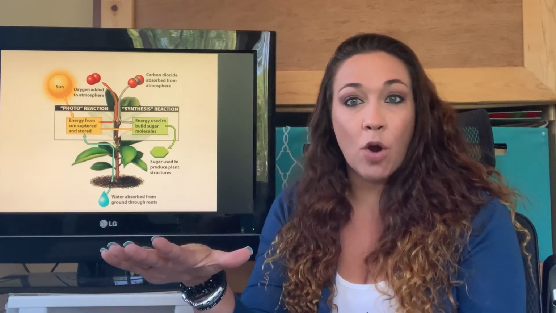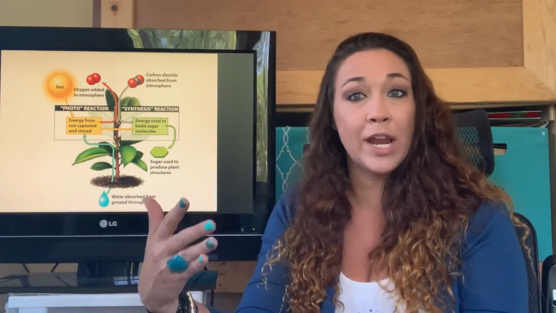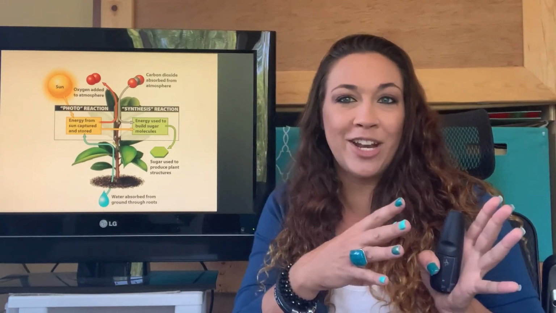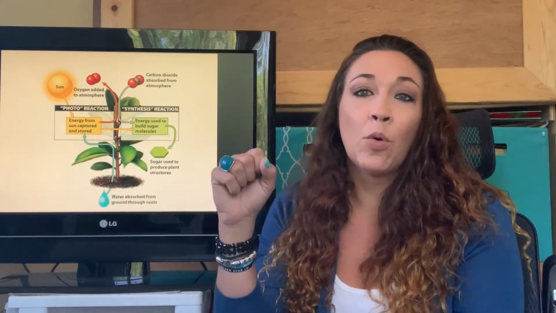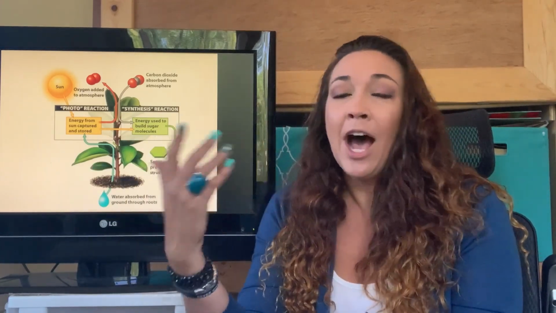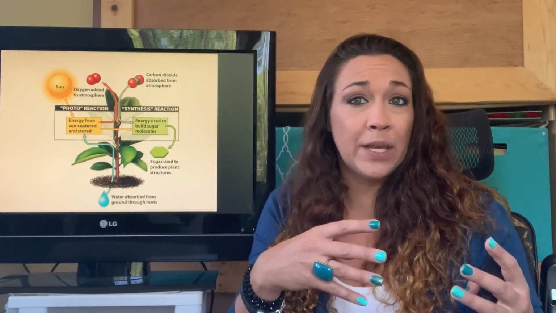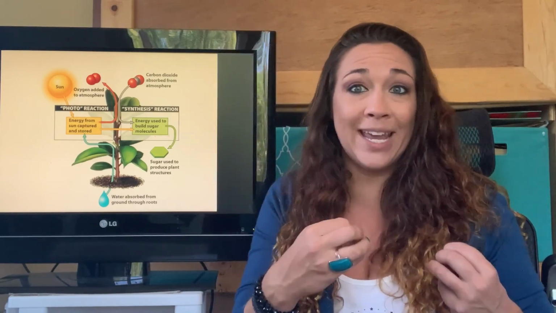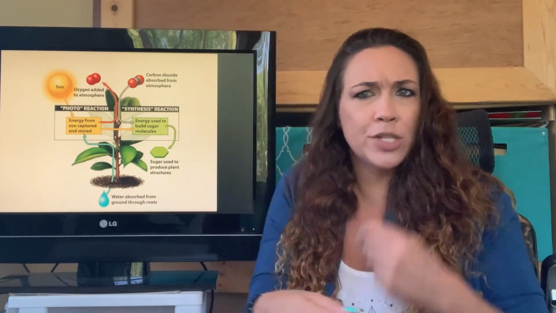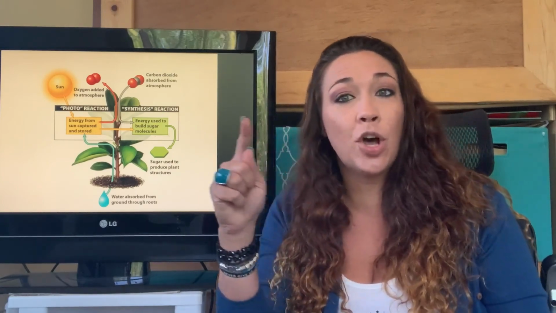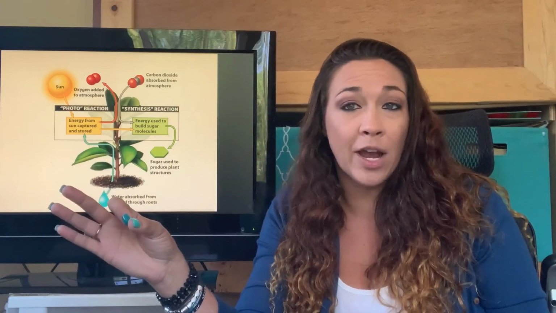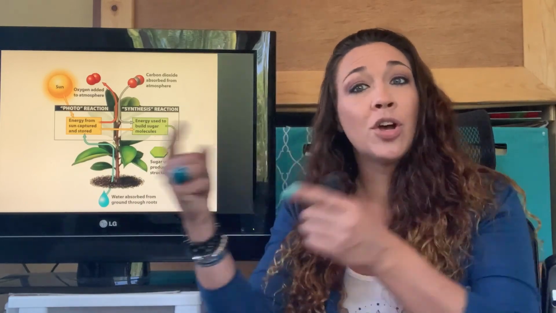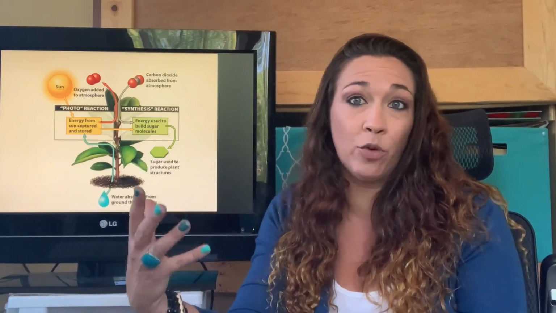Now, in photosynthesis, there are technically two different steps or two different reactions. There's what's known as the light reaction, or the light dependent reaction, and then the light independent reaction, or the dark reaction, as it's sometimes referred to. The first part, the light reaction, happens because that's where the light is being absorbed. The sunlight is actually being absorbed into the plant. That's why it's called a light reaction. The light reaction is going to make some products. Those products are going to turn on the light independent reaction, or the dark reaction. It's not that it happens in the dark, and it definitely needs light, because step 1 turns on step 2. Step 2 is actually going to end in the formation of the sugar.